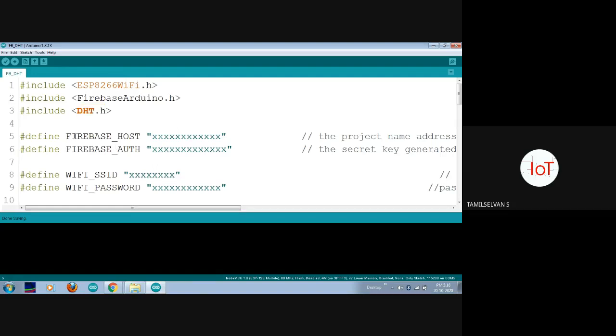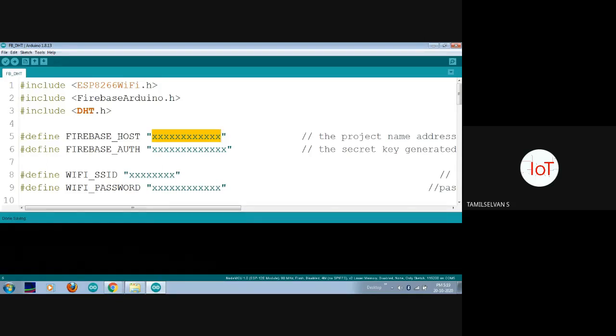And the next one is a Firebase host and a Firebase authentication key. This is similar to your Adafruit cloud username and password. Like Adafruit, here also we have a host ID and an authentication password. Here we don't have any username. In an Adafruit account, we have a common username for all the applications. Even if you create five dashboard applications or five different projects, the username would be common.